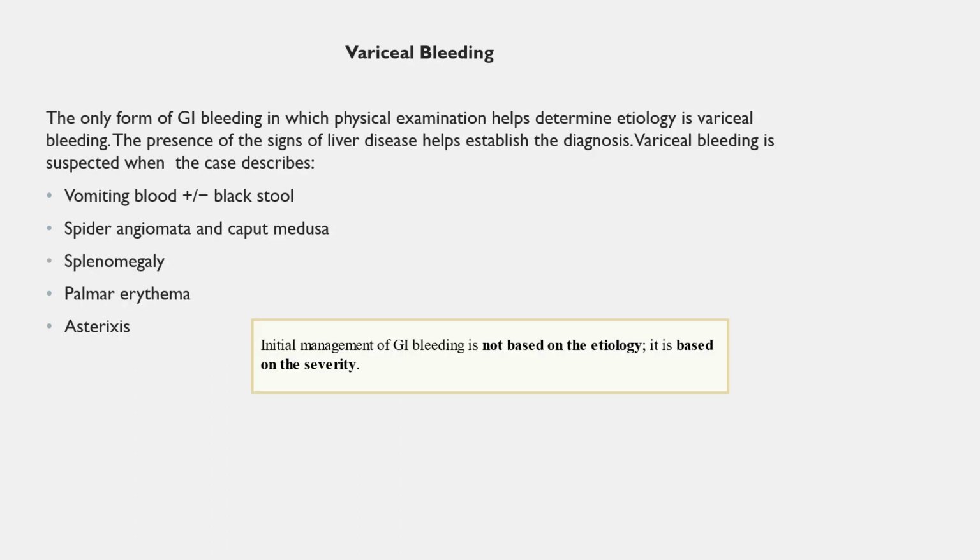Next slide, slide number 20, discusses variceal bleeding. It is the only form of GI bleeding in which physical findings can help determine the etiology. When we have the presence of liver disease, we may establish the diagnosis. Variceal bleeding is suspected when the case describes vomiting blood plus or minus black stools,